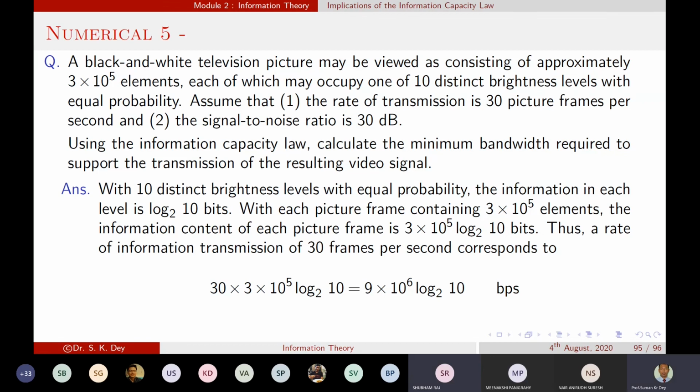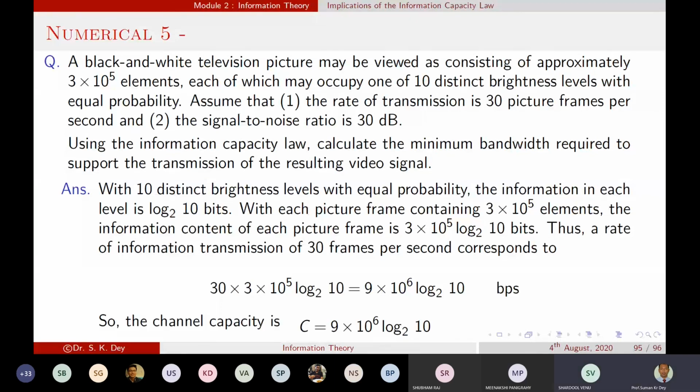Yes. Okay. So now you got this term, and similarly, I already told you the value of the SNR of 30 dB. You have to express it as a normal SNR value. This is the SNR value in dB, and the normal SNR value will be 10 to the power 3. So you have all the terms: C and SNR. Now you have to calculate the value of B. Tell me, what is the value of B? Three megahertz.